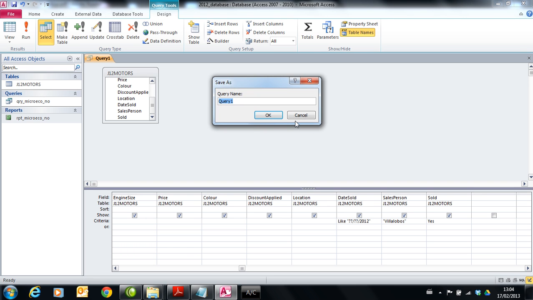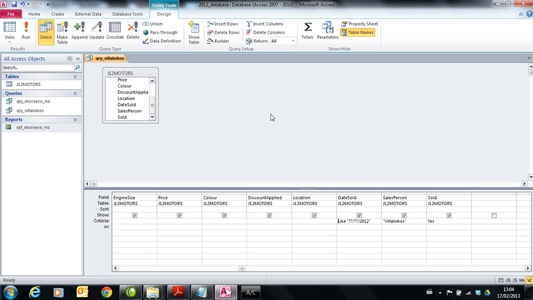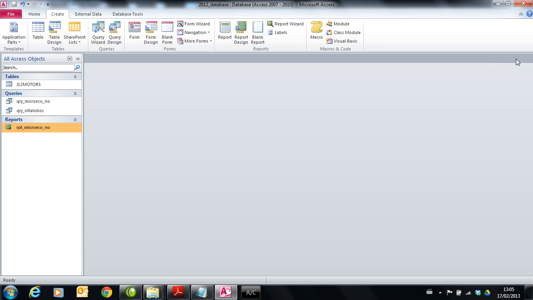So give it a save. Query Villalobos. Okay, so let's kill off the query itself. So there we are, killing it off. It's down here. Query Villalobos for us to use. So now we go to the report wizard, which is here,